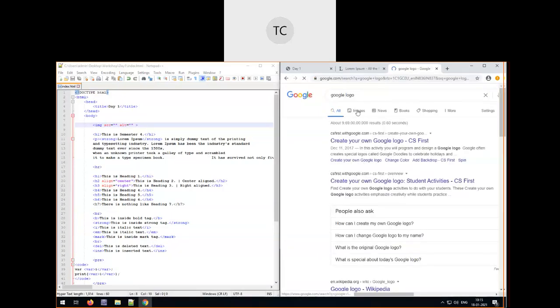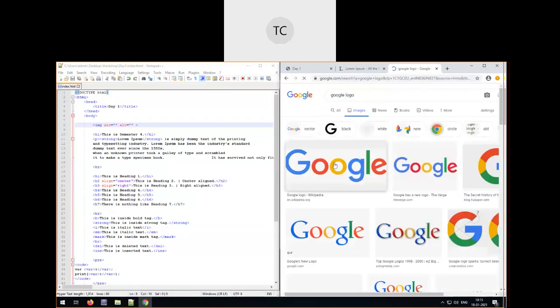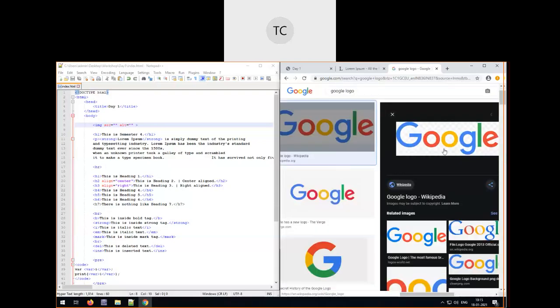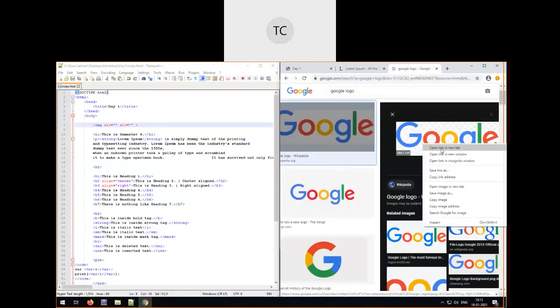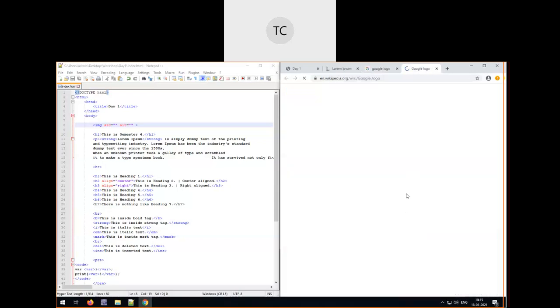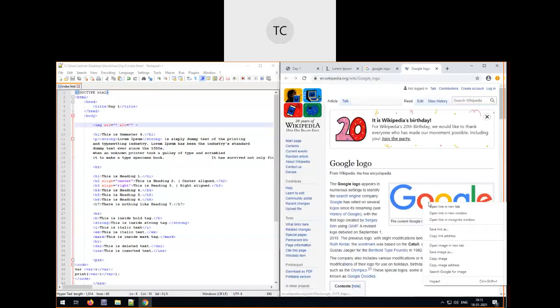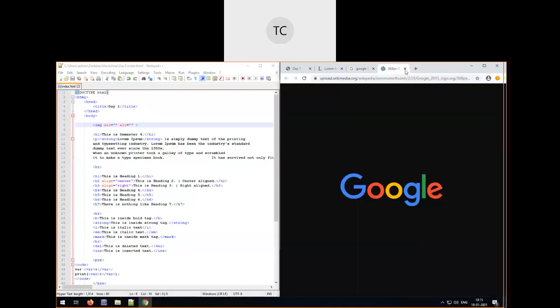Okay, so this is the image I have, and I want to load this image in my page. If that image is somewhere on the internet openly available, then what you can do is you can take this entire URL and paste it as the source. So src equals the entire URL,